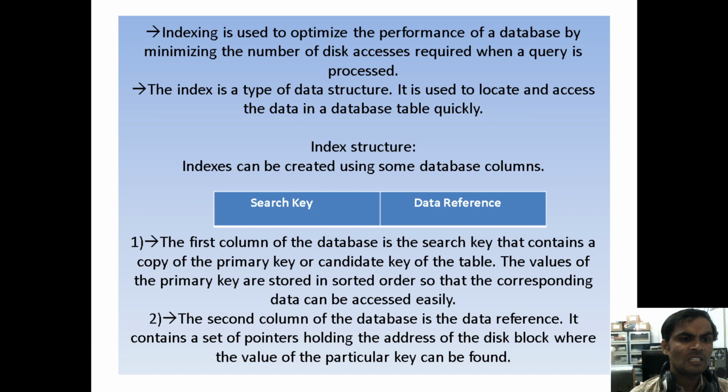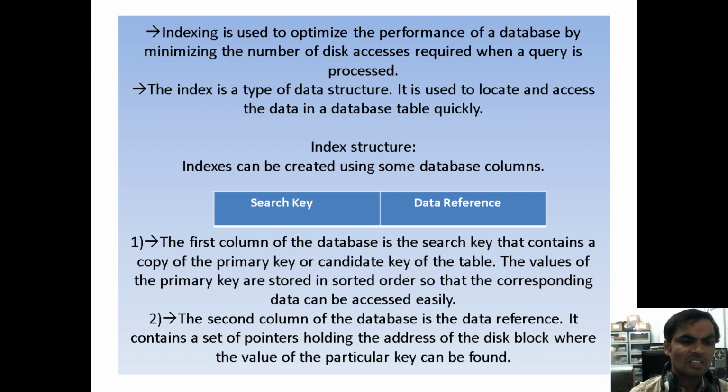The best example for your understanding is indexing in a library. In the library, there is a catalog of books. If you look at the title and the author name, with the help of the index we can easily identify the book. In the database also, we have the indexing concept for searching or accessing the data very fast.